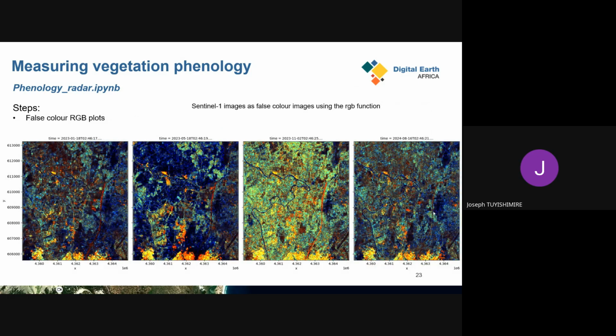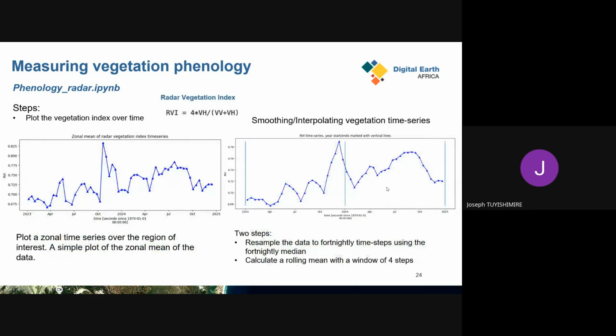And we can plot some false color images, especially for 2023, and you can see how it has been changing over time. But mostly, if we plot the zonal time series, you can see how the RVI, or the vegetation greenness, has been evolving over time.